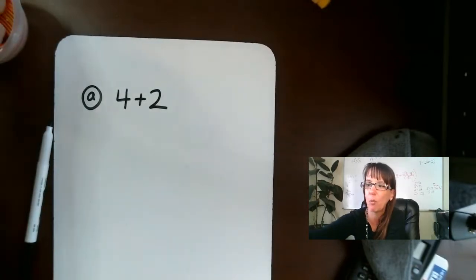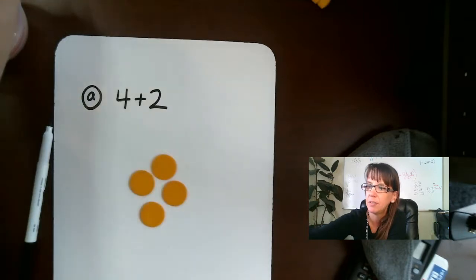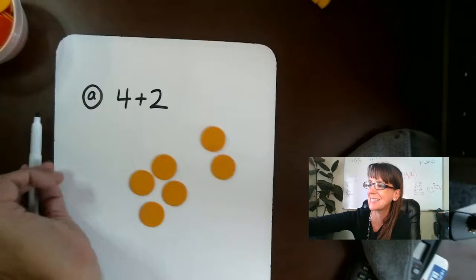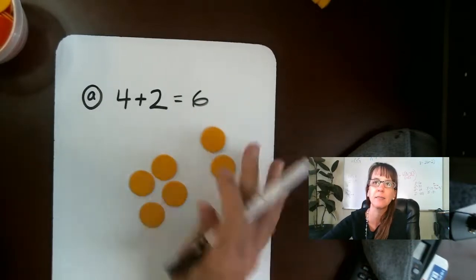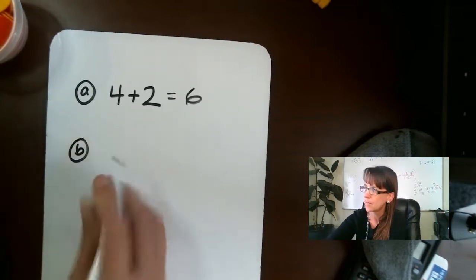Essentially, that's taking 4 on our positive team, and then we have 2 on the other positive team. How many do we have on our positive team now? We got 6. 6 on the positive team, okay? So for B, we have